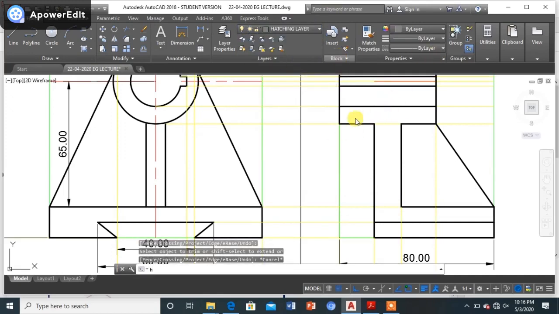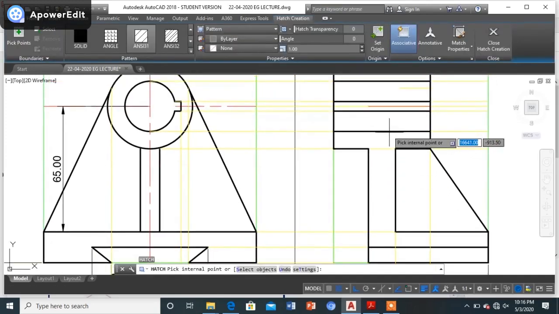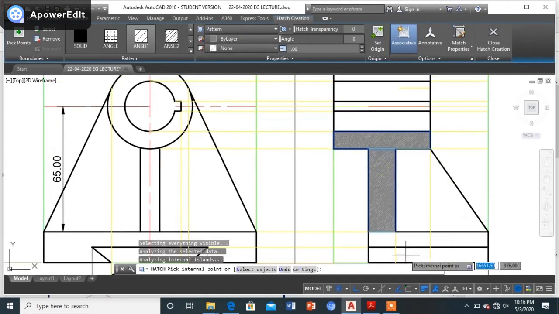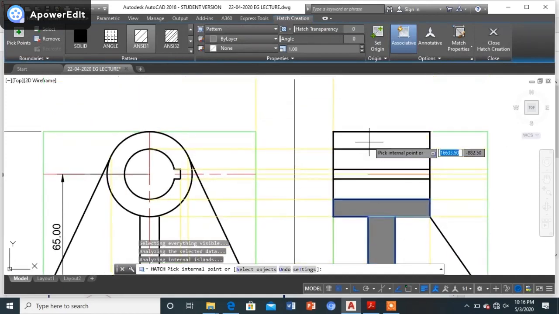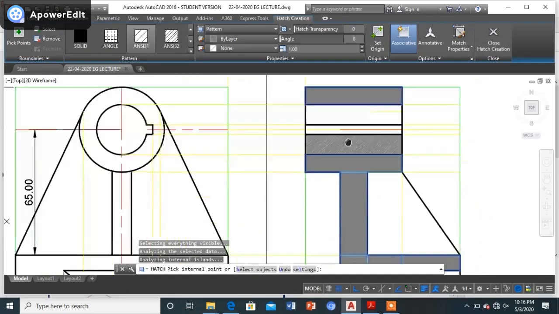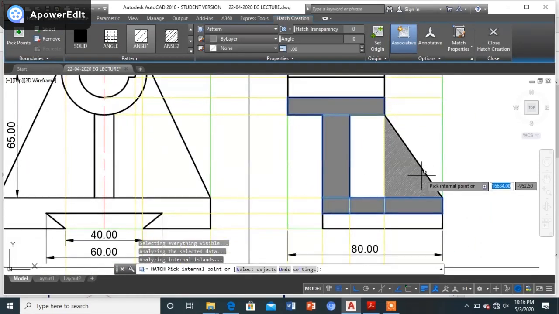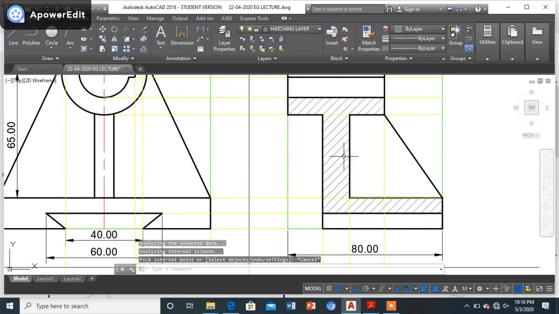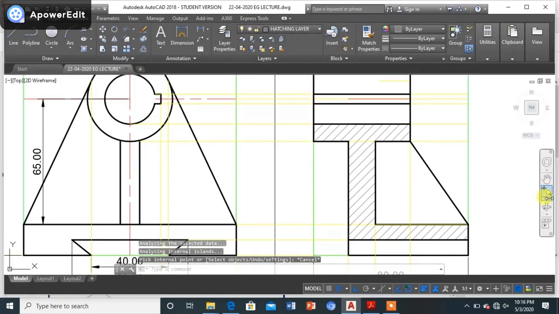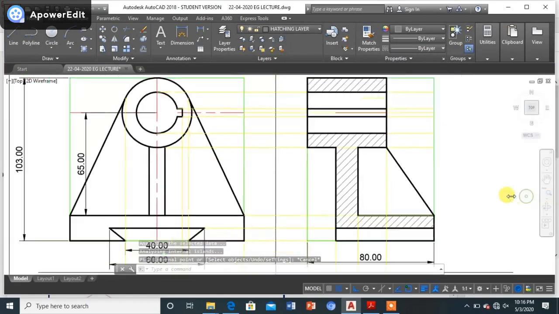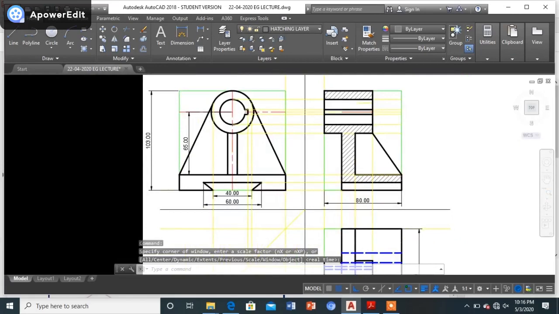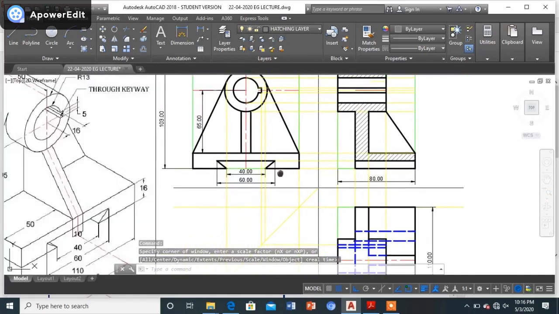Okay, so now I'll be picking the internal points one by one which I'm going to hatch. So this is the area, even this is the area which is going to get hatched. Okay, so once we are done, only this length I'll be increasing to 25. So this is the way this particular sectional front view will be seen.